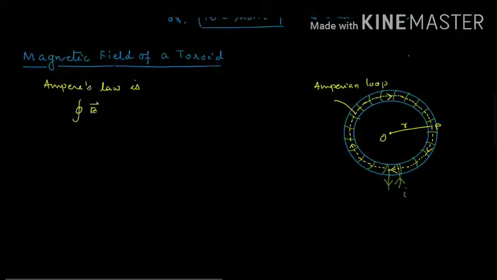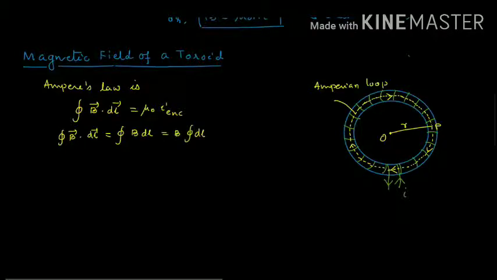the line integral of magnetic field is equal to mu0 times the current I_ENC. Now the line integral of B dot dl is equal to the line integral of B dl cos 0 degree. B and dl are tangential everywhere on the Amperian loop. So this is equal to B into the integral of dl. So B into 2 pi r, where 2 pi r is the circumference of the circular Amperian loop.